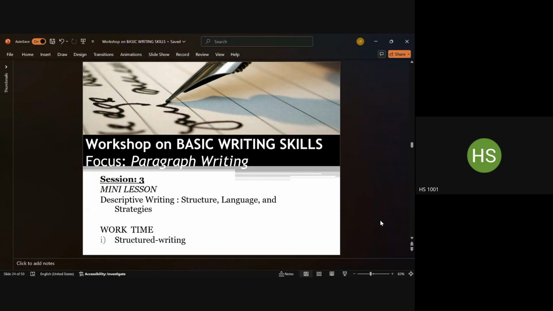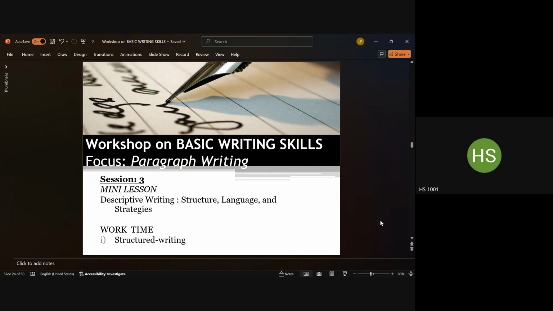However, remember that narrative paragraphs will also have elements of description, and descriptions may have features of narration, not absolutely necessary, but it may, right? The reason why I chose descriptive writing, or the descriptive paragraph, for our session is that this is the most basic kind of paragraph, right? Like I spoke to you yesterday, as beginners of any language, if you're at a beginning stage of reading in any language, the first thing that you get to read when you're starting to read a longer format are